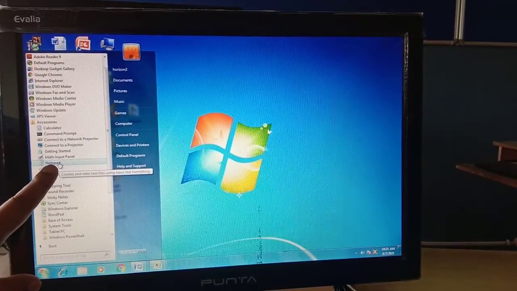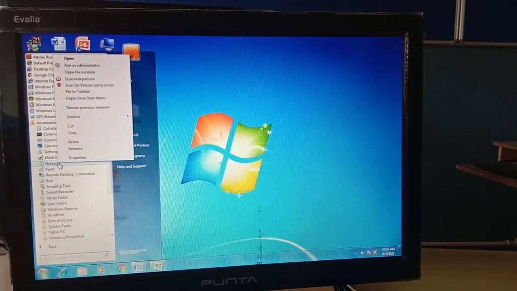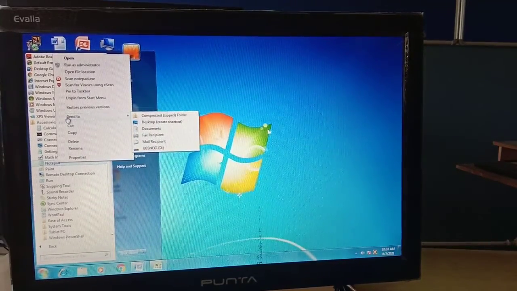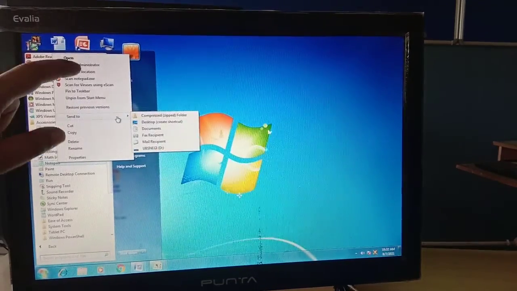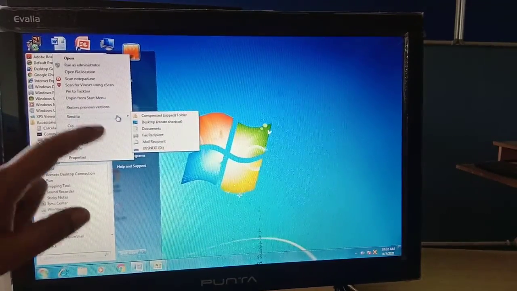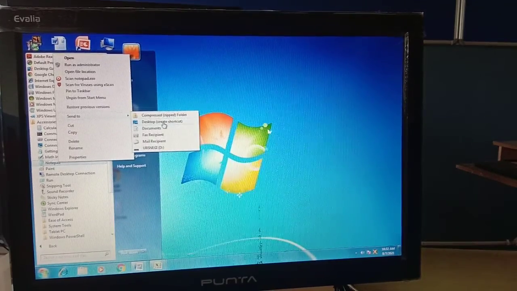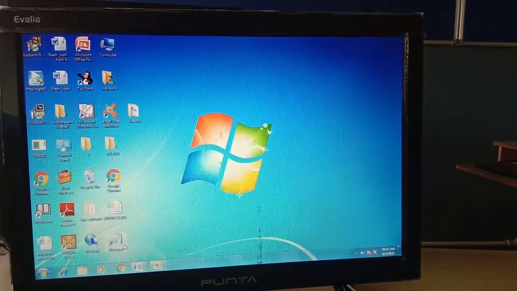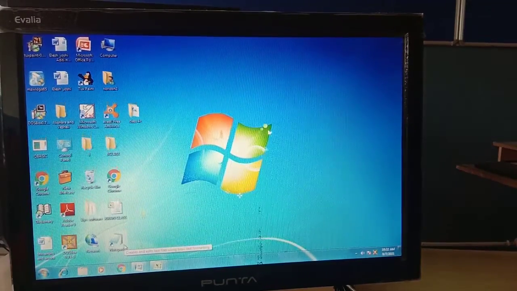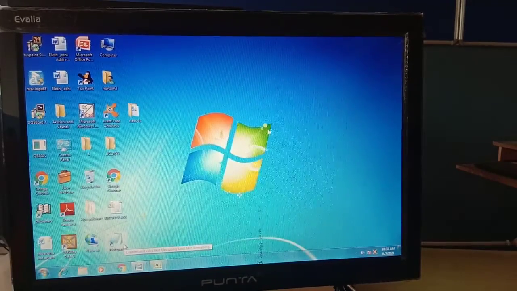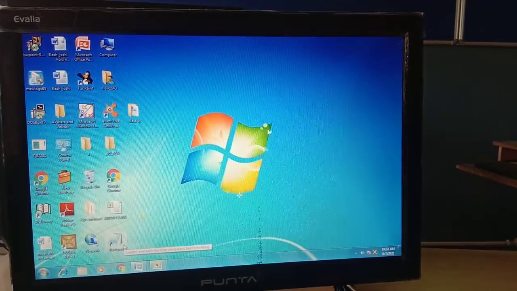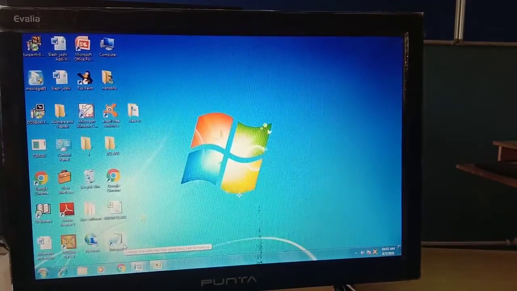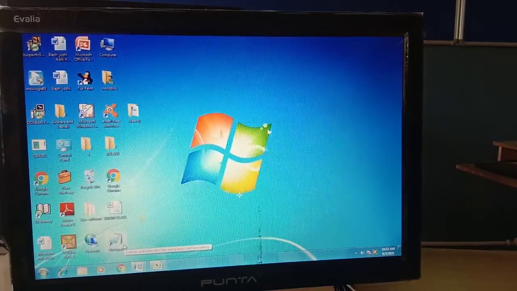Now here in the accessories, in the Notepad, just right click on the Notepad. And again go to the send to option. As we click on the send to option, the sub menu of the context menu will appear. Then we have to click on the desktop create shortcut. Right, your shortcut is created on your desktop. It's very easy, right? So creating a shortcut is very easy for us. Okay, so this we have learned about how to create a shortcut.